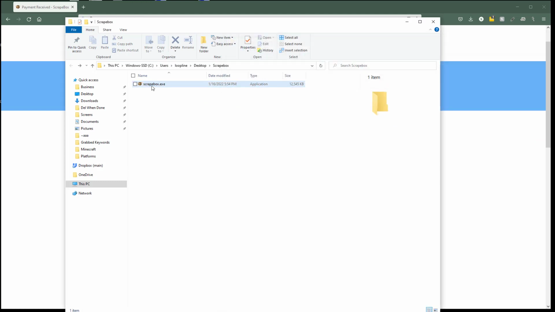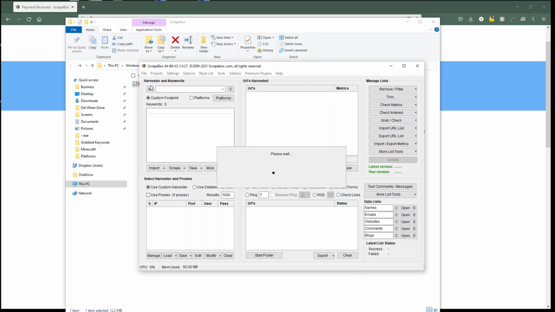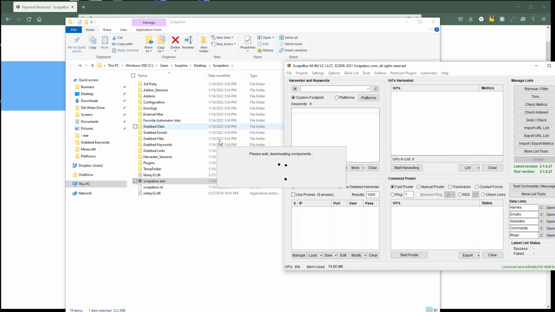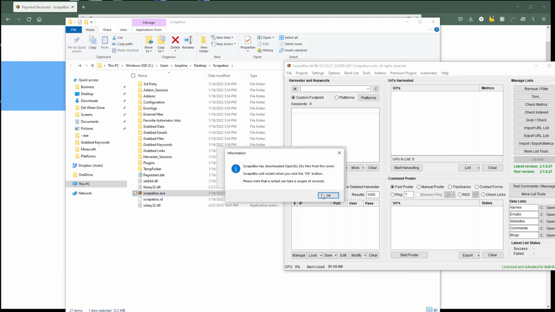Now that we're here, it's really easy. You're just going to click it and run it. You can also, of course, right click here on Windows and just go in here, and it's creating all of these files and folders that it needs and downloading information, as you can see, that it needs. But I can right click on the